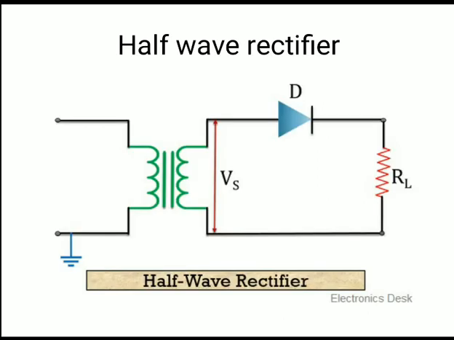So this is a half wave rectifier. Why it is known as a half wave rectifier, we will see after the completion of this explanation. Just remember that a diode only works in forward bias. That is, the diode allows the flow of current in forward bias, but it doesn't allow the flow of current in reverse bias. And what do we mean by forward bias? When the anode is connected to positive and the cathode is connected to negative, then it is in forward bias.